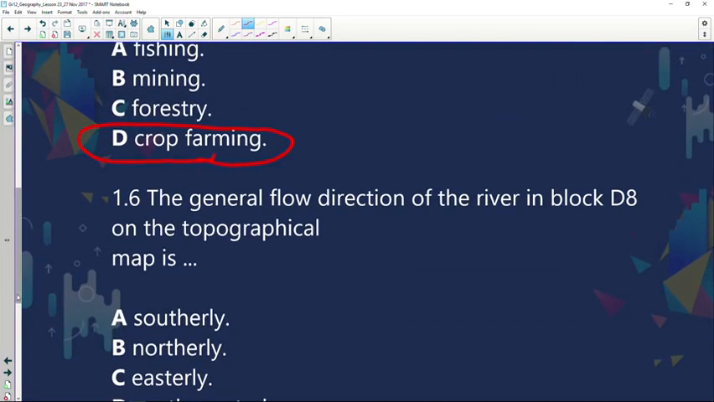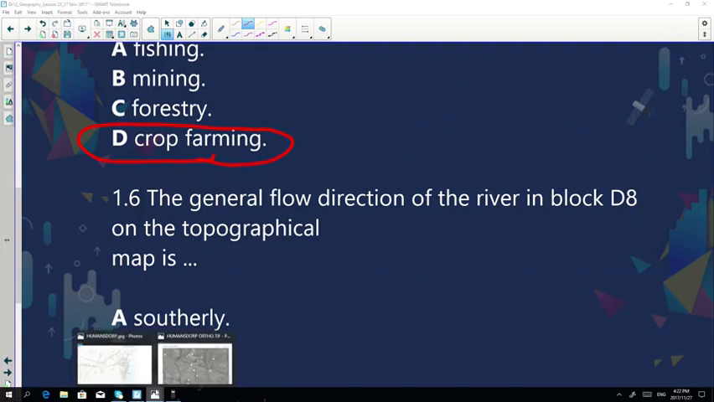Now the general flow direction of the river in block D8 on the topographical map is, now once again, we discussed this in the previous lesson. To determine in what direction the river is flowing, go to your river where it starts on the map and where it ends, and look at the contour lines. Obviously a river can't flow upwards, it will only flow downwards. So have a look at your contour lines, see where the highest point is that it's flowing from. And if we quickly go to D8 on our map,